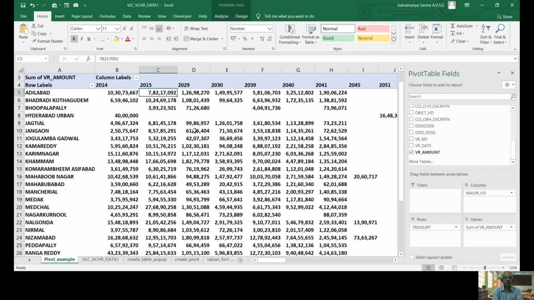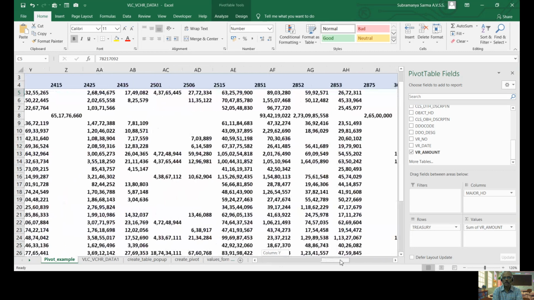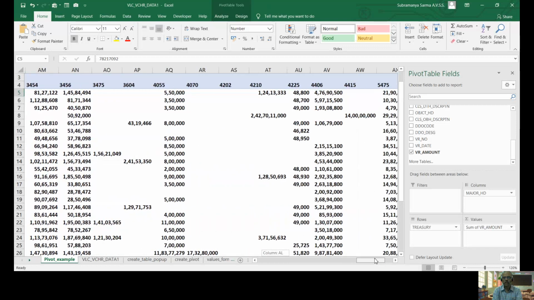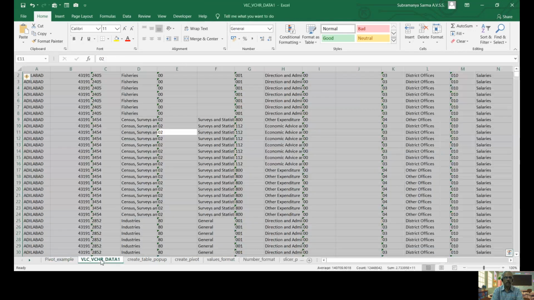If our task is to prepare this information, can you tell me how much time it takes to compute these totals? These totals were prepared based on this base data.